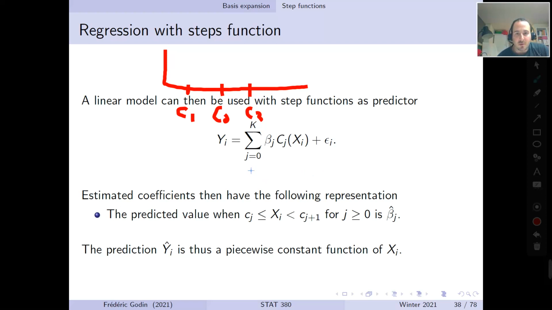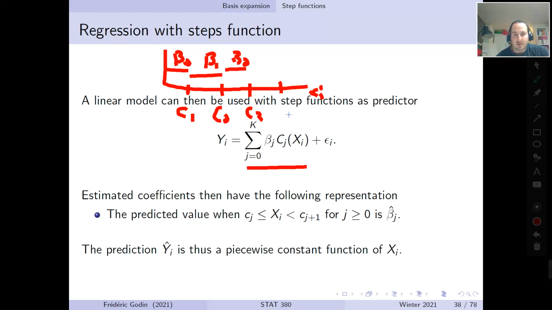So when you take predictions of y, the noise disappears, and the prediction is exactly equal to this term. Okay, so whenever xi falls below C1, the only predictor which is worth 1 here is capital C0. And capital C0 is worth 1, so then your prediction here would be equal to beta 0. Then, when x falls between C1 and C2, all the indicators are exactly equal to 0, except C1, which is worth 1 when x falls between C1 and C2. So in this case here, the predicted value will be exactly equal to beta 1. And you can continue like this. Here it would be beta 2